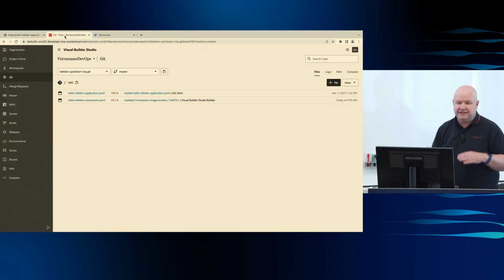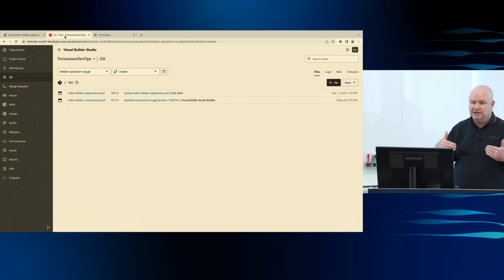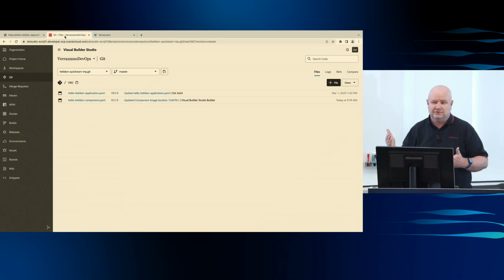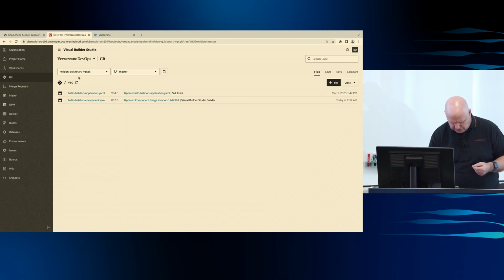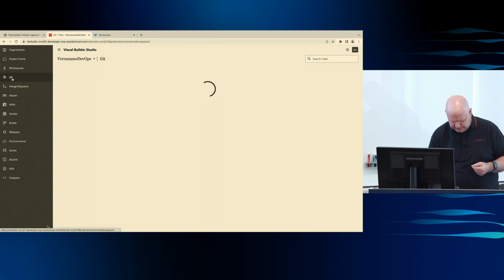I'm also using the CI system on Oracle Cloud. So those of you who were on the session about DevOps heard that OCI has its own CI server. So I'll be using the CI system to make some changes to the code. So let me do some changes. If I go to the GitHub repository,